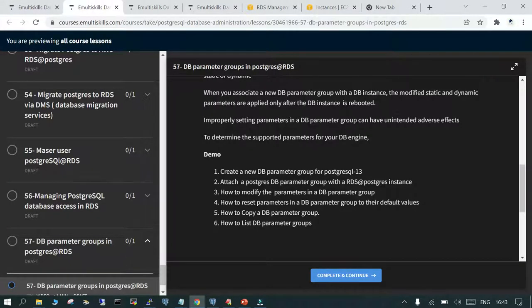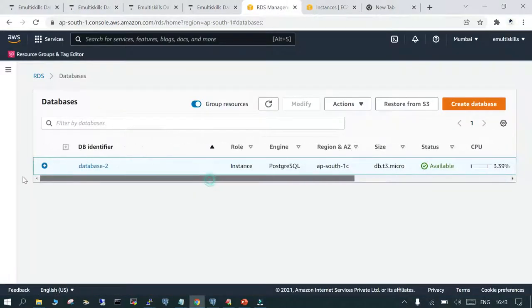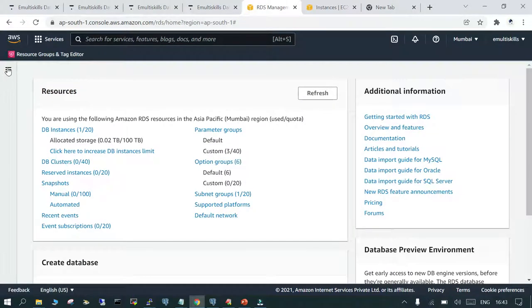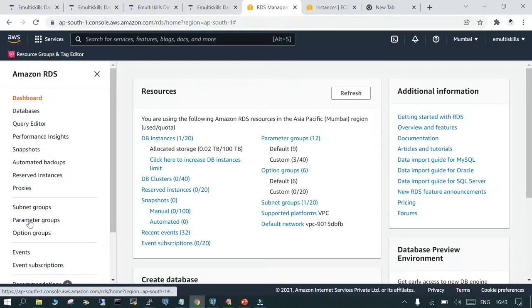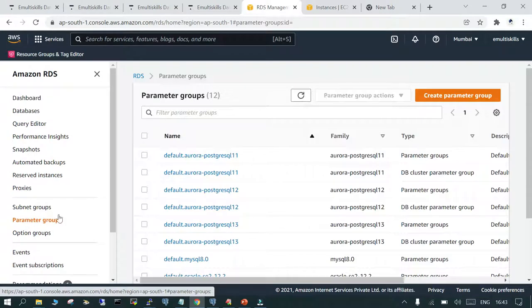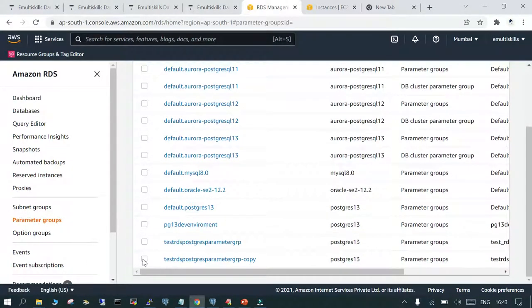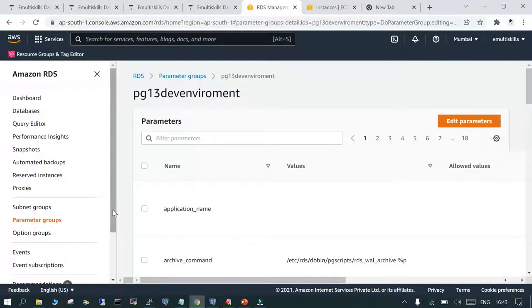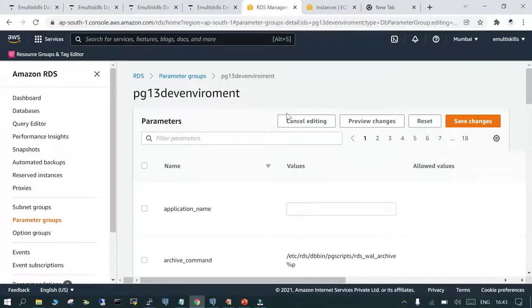We modified as well, and then how can we reset the parameter group to its default values? So let's again go to the RDS, and on the left hand side you will be able to see the parameter groups. In the parameter groups, you will be able to see the group which we have created. We created this group, and if we just say edit parameter, and if we say reset,